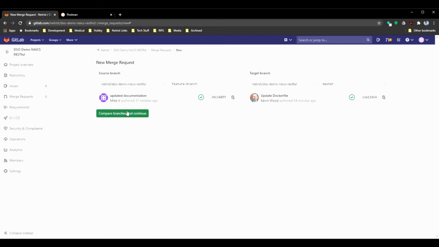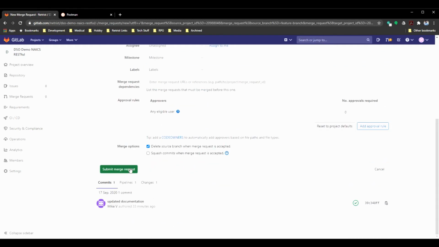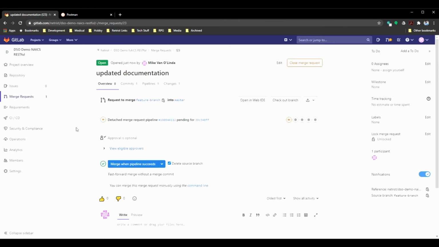When we compare branches and make this merge after the pipeline automatically runs, we should expect the master branch to have this new git commit ID. So we're going to compare branches and continue and submit the merge request. While this is going on, the merge request will automatically kick off a pipeline which has multiple quality checkpoints. The first one being